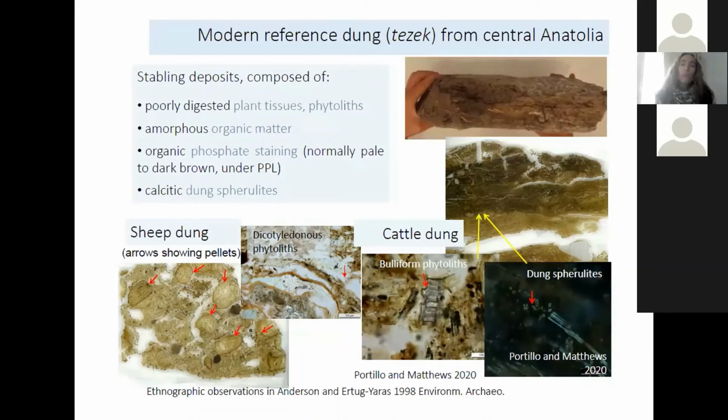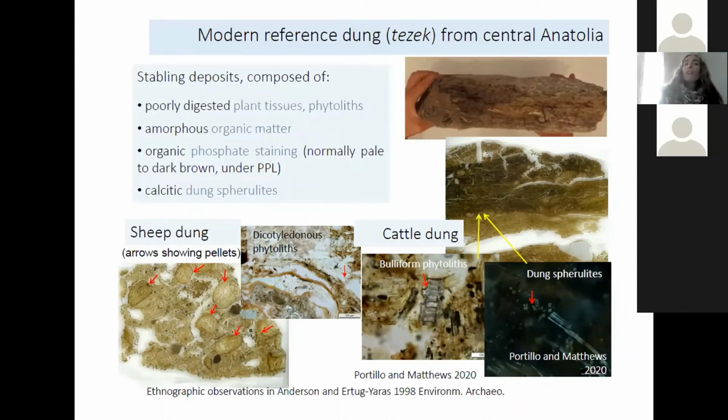There are several techniques of manufacturing these dung cakes. One, the most simple, is to cut from a stabling floor, from an animal pen, of ruminants. Here, as an example of the thin section, we can see the trampling, the compaction of the soils with the dung, with the animals which are inside the pen. It makes this characteristic micro-lamination with the phytoliths and other remains. You can see here the dung spherulites, but also poorly digested plant tissues, sometimes fragments of seeds and other resistant parts, also amorphous organic matter,